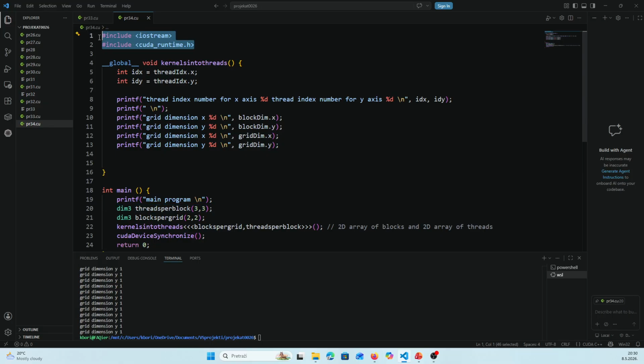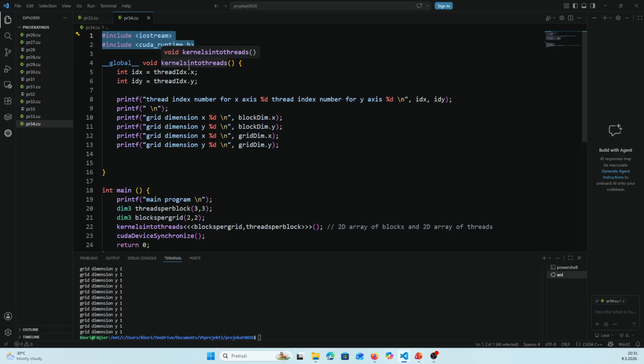We are going the standard way with includes. This one is for normal C++, and this one is for the CUDA C++ extension, so we can make functions or kernels on the device, or GPU. We have our standard, let's say not standard, but a little bit changeable, kernel function, which we name according to what we are doing. We are turning kernels into multiple threads which are executed in parallel,